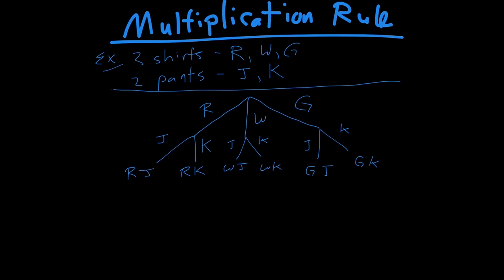But there's a little bit faster way we can do that. Notice that there are 3 choices for the shirt and 2 choices for the pair of pants. So the quick way is what the multiplication rule is. You can pick 3 shirts times 2 pairs of pants and get a total of 6 different outfits. And this always works when you have different ways something can be done and you want to do both of them. That's summarized in the multiplication rule,